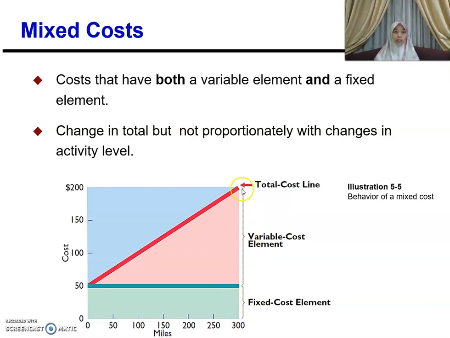If your cost behaves like this, so it cuts your y-axis at a certain figure that is above your zero, that is your mixed cost. Okay, so if this is your total cost and it cuts your y-axis above your zero, that is a mixed cost. So for example,